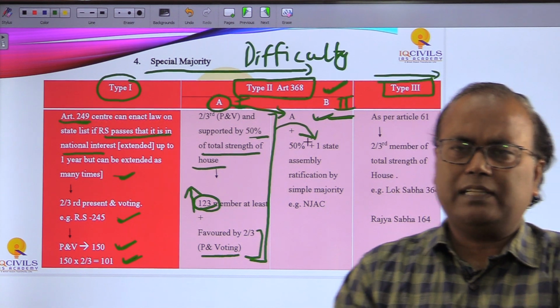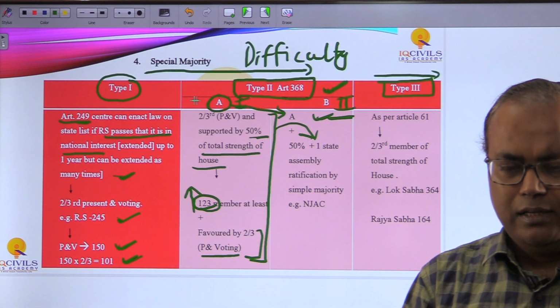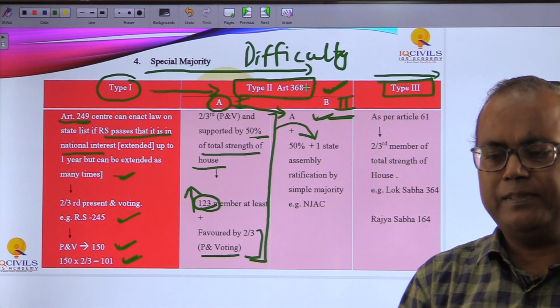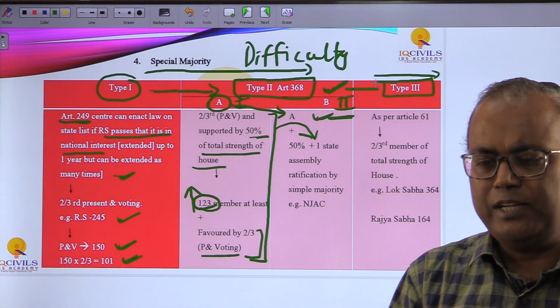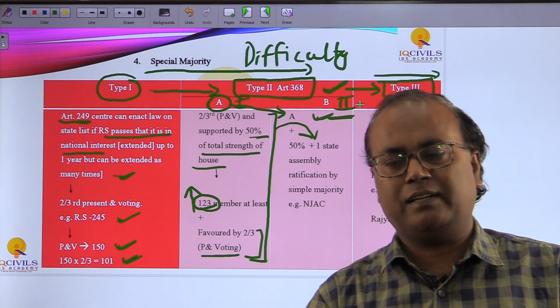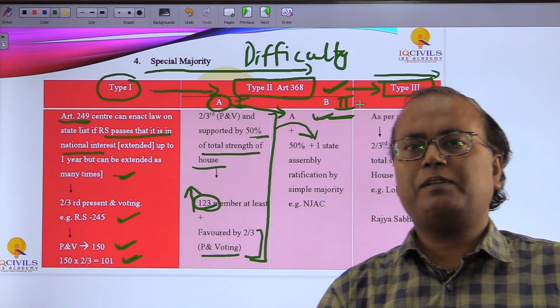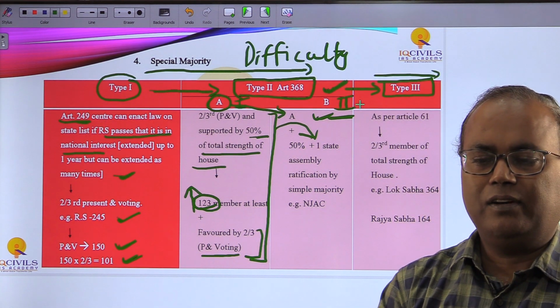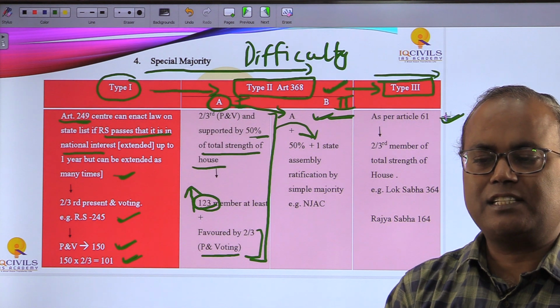Now we have a type 3 here. So once you move from type 1 to type 2, it will be difficult, and from type 2 to type 3 it is most difficult. Okay, the impeachment of the President of India, under Article 61,